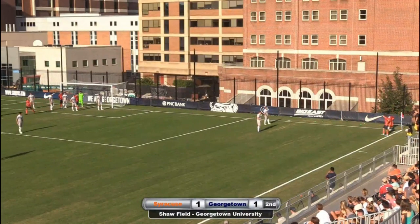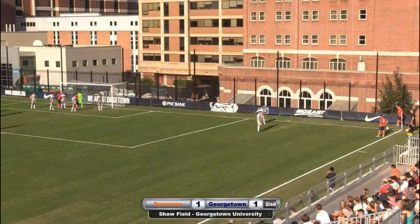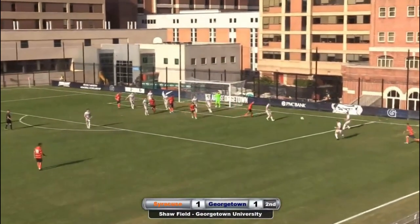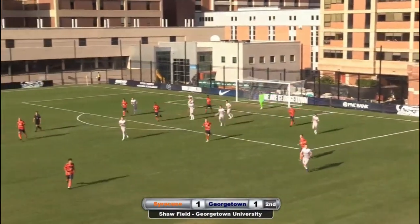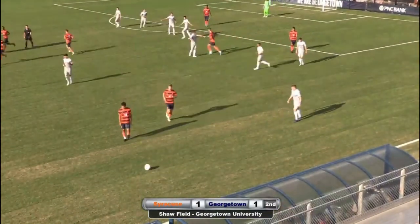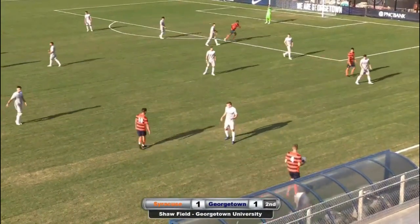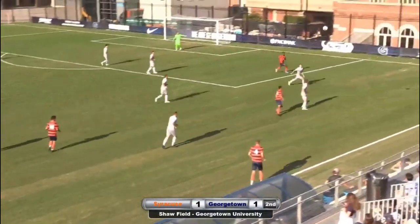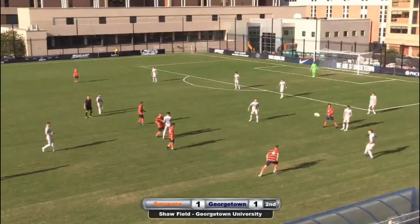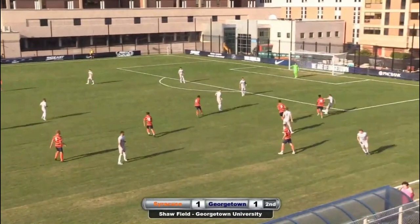And so that shot deflected by Hope Gunn. And so Syracuse with another corner, near post ball. And the Hoyas, Riviere able to clear. Zach Riviere, who hit the post in the first half on a free kick from 23 yards when the Hoyas were dominating this match. But that seems a long time ago, as it's a good old-fashioned battle right now. 1-1 the score. Either team looks possible